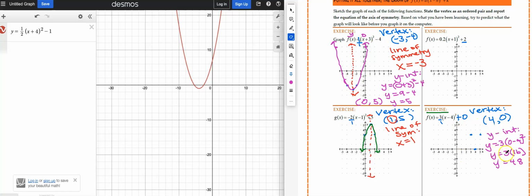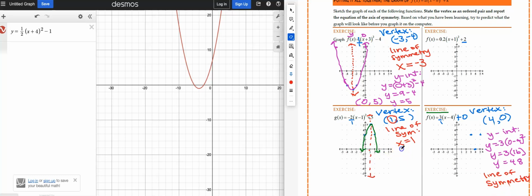But sometimes on the homework, it won't ask you to graph it. It's just going to ask you to find the vertex, the axis of symmetry, and the x-intercept, or y-intercept. So where is the line of symmetry on this? 4. Okay, but not just 4. We need to write it in a certain way. You've got to write it as an equation,